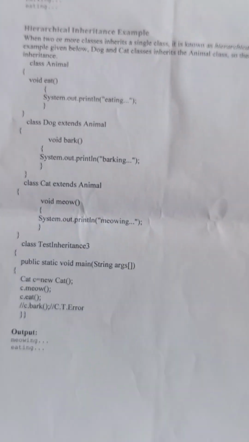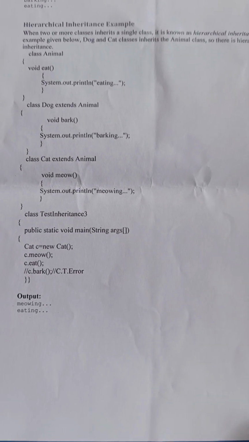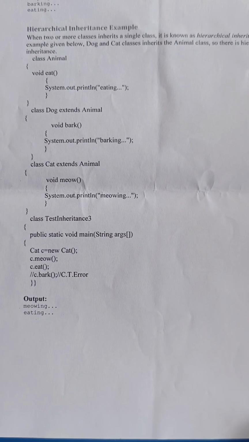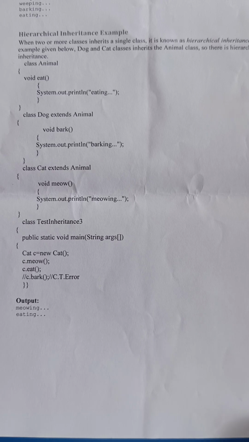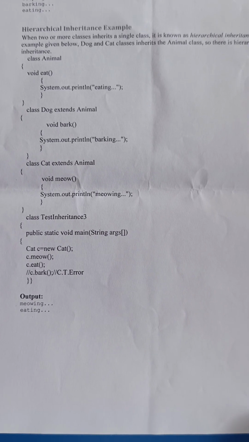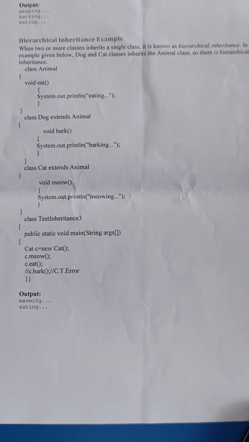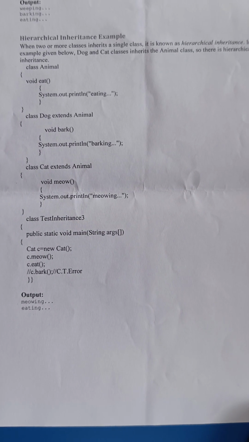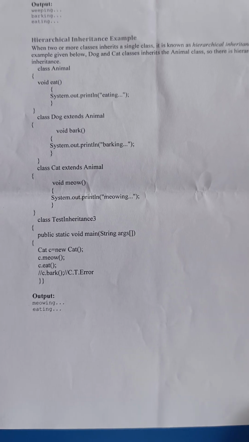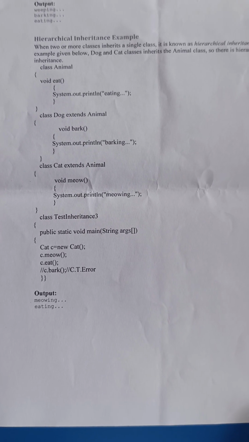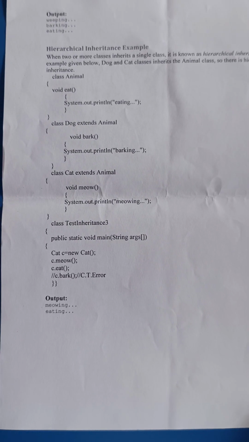Okay, the next one, hierarchical inheritance. Here I already told, right? A single base class, that is a single parent class, then multiple child classes. Here you can see that animal is the base class, then